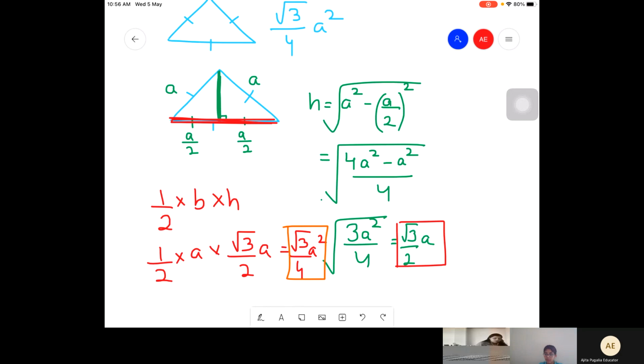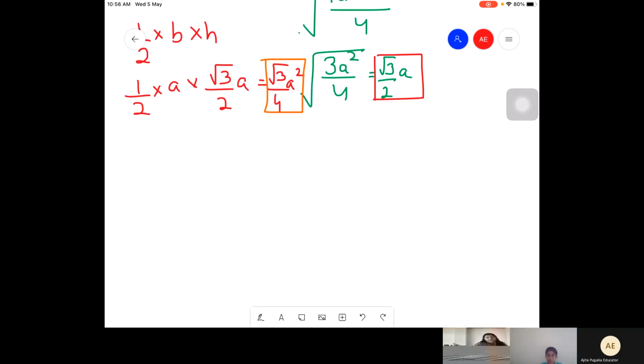Got it. Now, similarly, they have also derived a formula for an isosceles triangle, which is a bit complicated. But I'll teach you though. It's a bit complicated, I would say it upfront to you. And students don't prefer using this formula. They prefer using Heron's formula rather than the isosceles triangle formula.